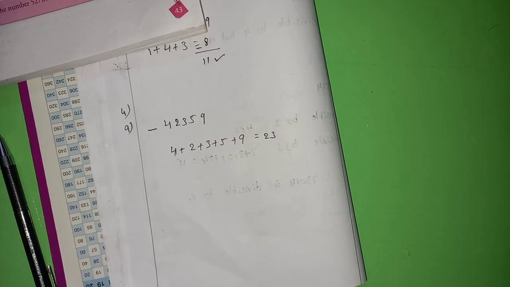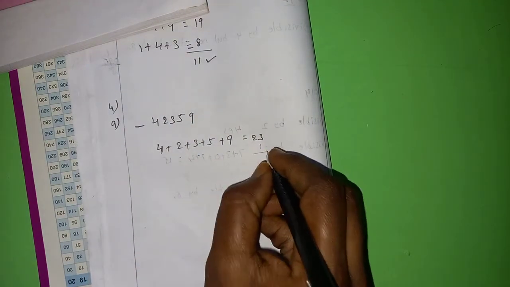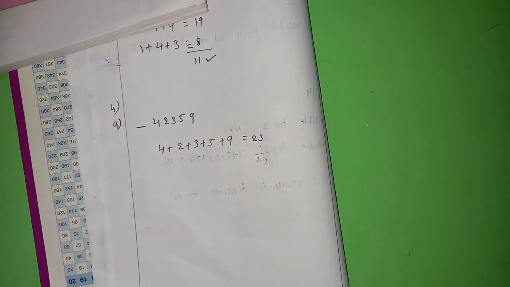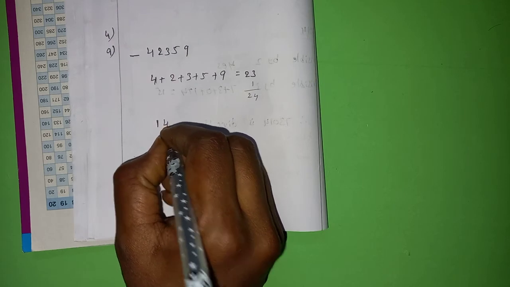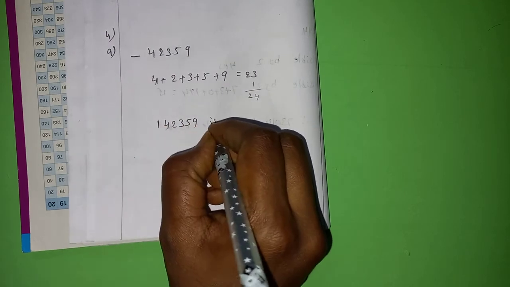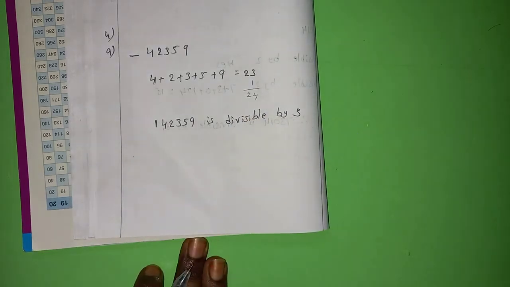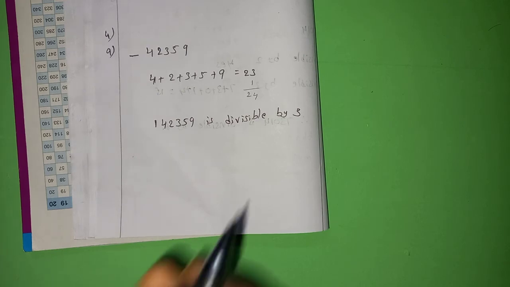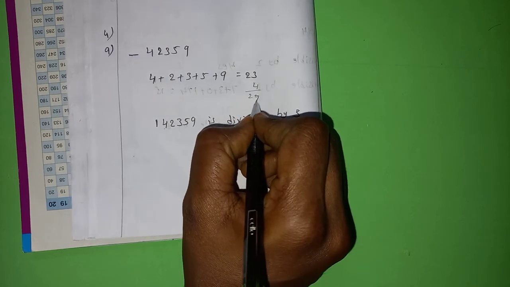Whether 23 is divisible by 3? No. But if we add just 1, the number will become 24. Right? 24 is divisible by 3 or not? Yes. Therefore, which number we have to add here? 1. 1 4 2 3 5 9 is divisible by 3. Here you may get a doubt, madam, instead of adding 1, if we add 4 here,